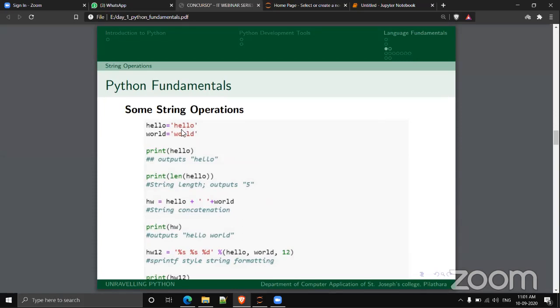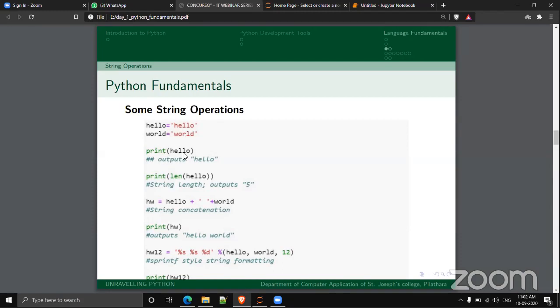To represent a string, you have to use a pair of single quotes or a pair of double quotes. You can use both. So in a variable called hello, we are storing the string hello, and in a variable world, we are storing the string world.